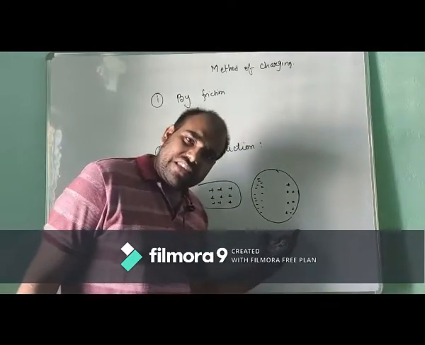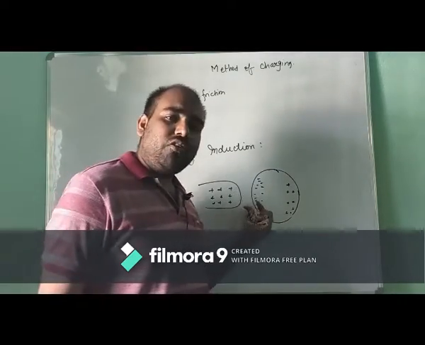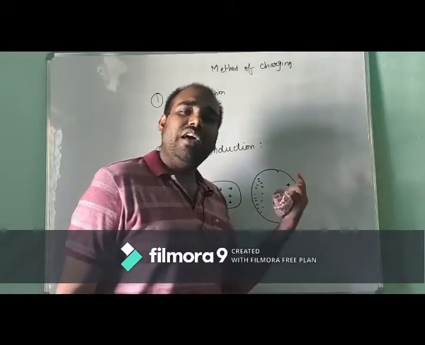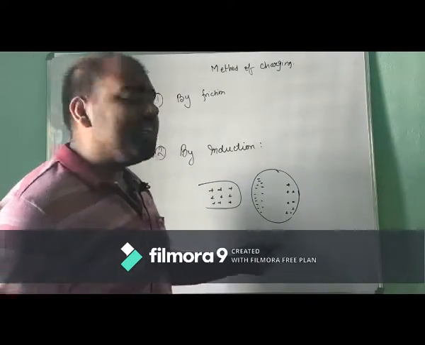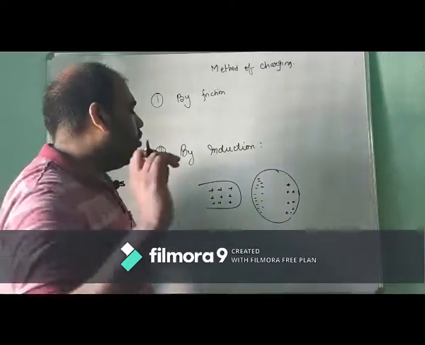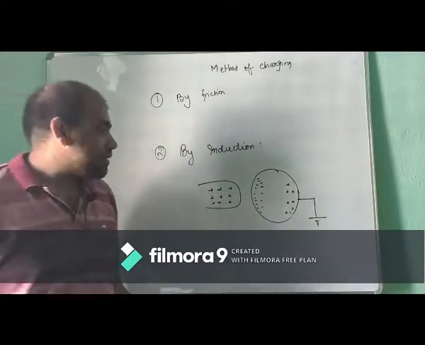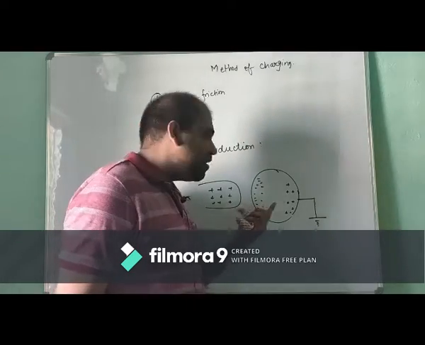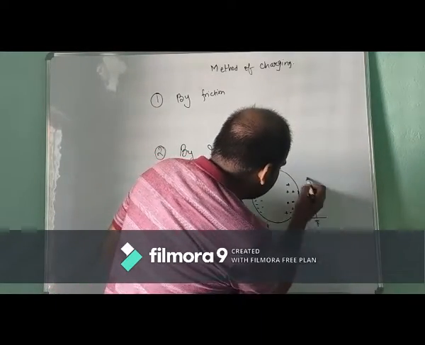Can we say this is a charged body? No, we can't, because the number of electrons and protons, or you can say the number of negative and positive charges, is still the same. So it is still a neutral body. Now, to make it charged, I have to remove either a negative or a positive charge. If we earth this body, since this electron is bound to the positive charge by the force of attraction, while this positive charge is not a bound charge, this will basically be neutralized.